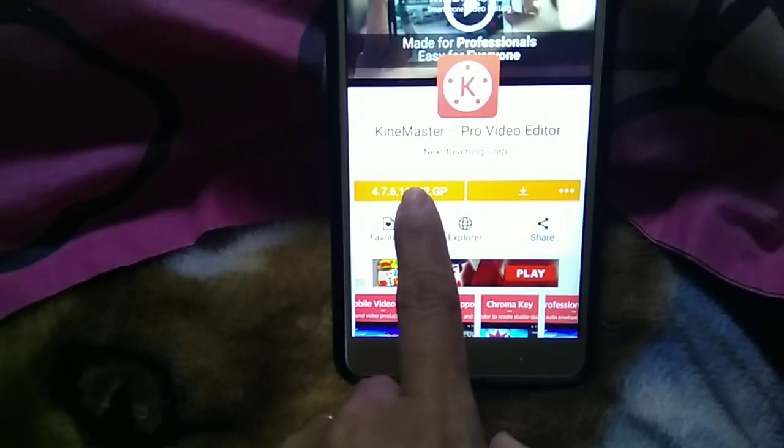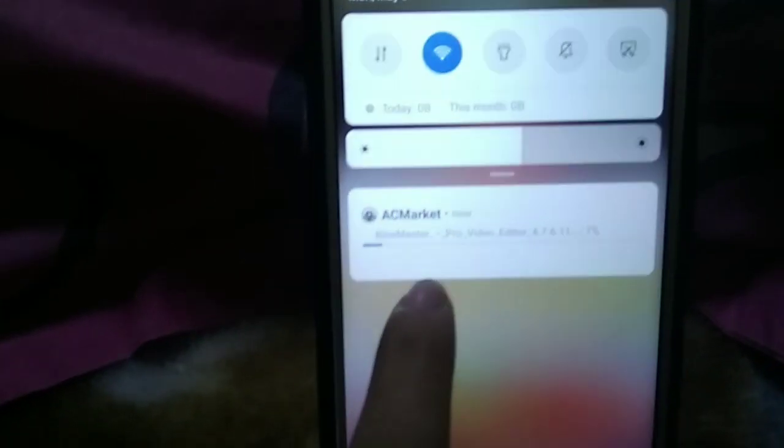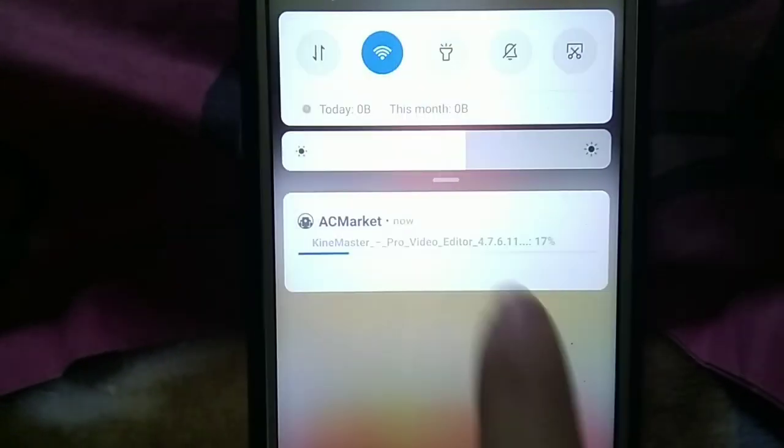You just click the version you want, then download. Then it starts downloading now, the version you choose, like that. So we will wait for that